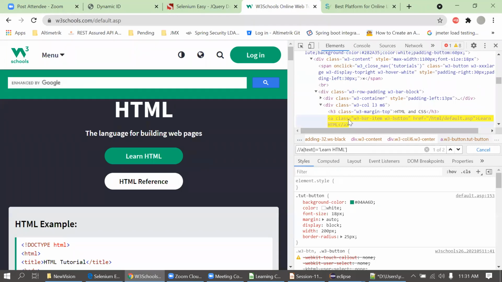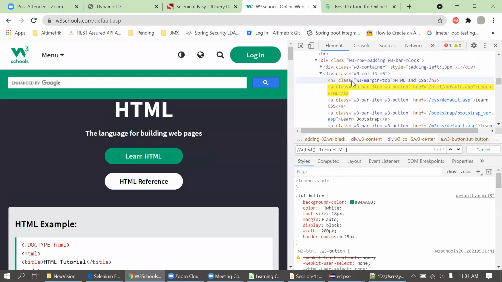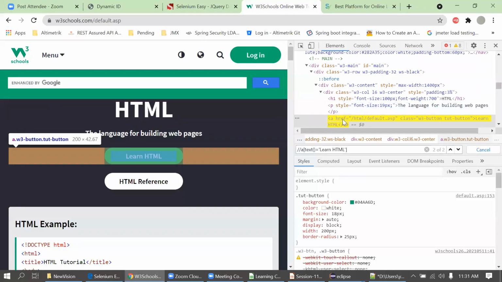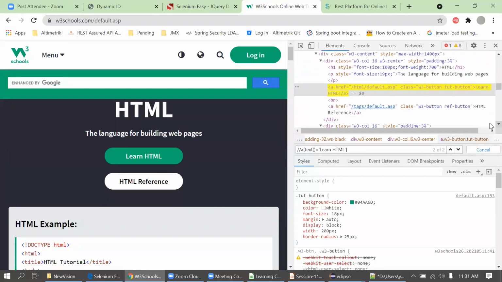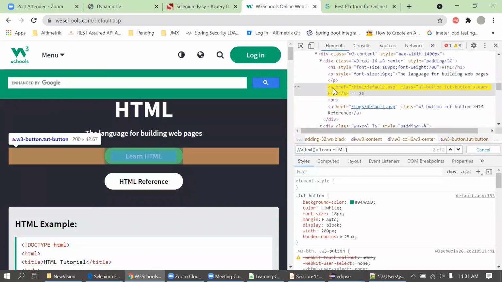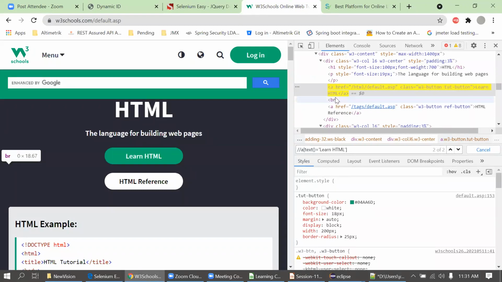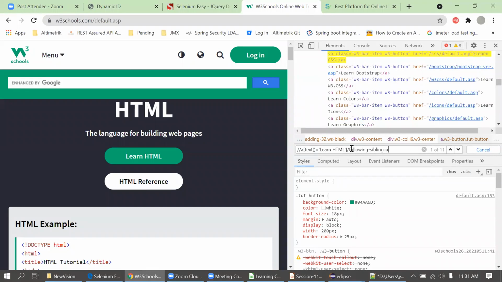Okay, now I have created an XPath for this. I'm getting 2 XPath here, 1 of 2. Then I'll go for the second. Yeah, the second is the correct one. Okay, fine. Then with reference to this element, this A, I'll look for this A. So what will I do? I'll simply put a single slash, then put following-sibling, double colon, then I will look for the A tag again.